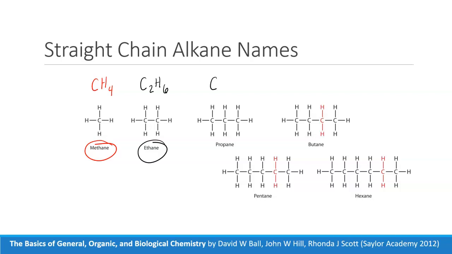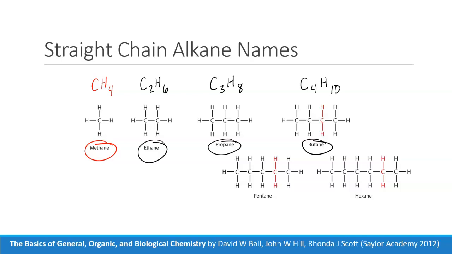Three carbons, C3H8, is going to be propane. And then C4H10 is butane. Okay, so after that, when we get up to 5 carbons, we start using the Greek prefixes,